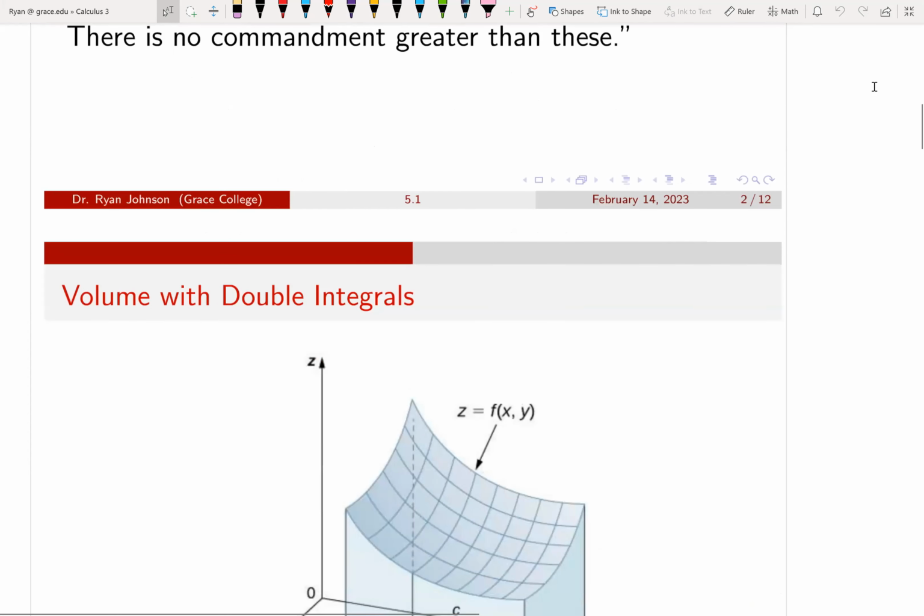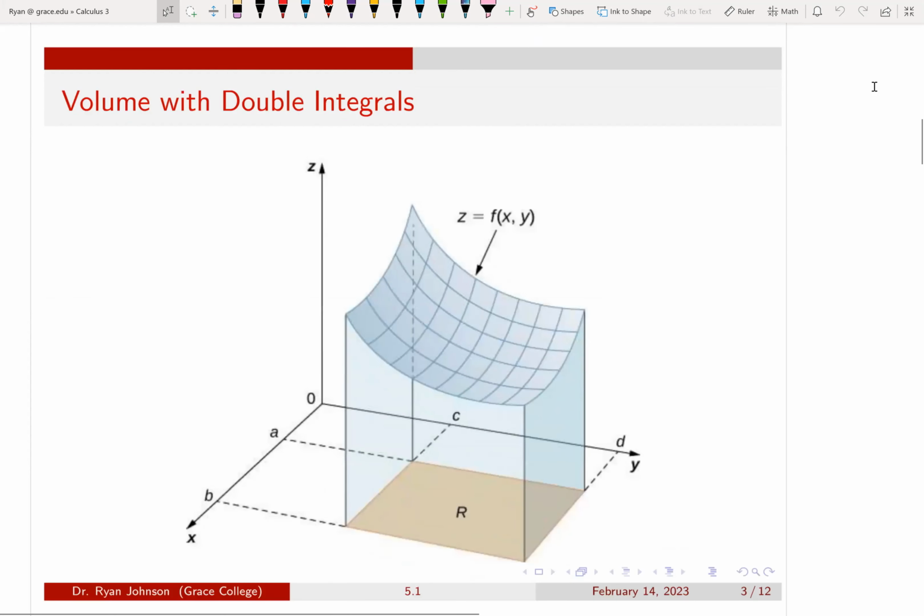So today we're talking about double integrals. And double integrals will give us the volume of any sort of strange terrain over the xy plane. In this case, we've got this pretty picture that I stole from your textbook. And today we're only going to do rectangular regions. So if you look at the region R right there,